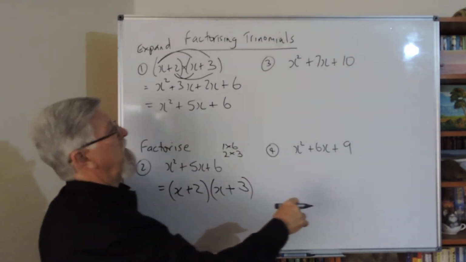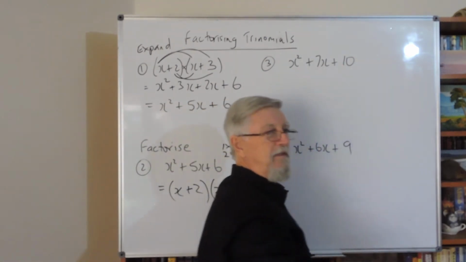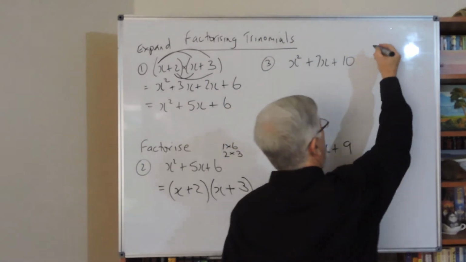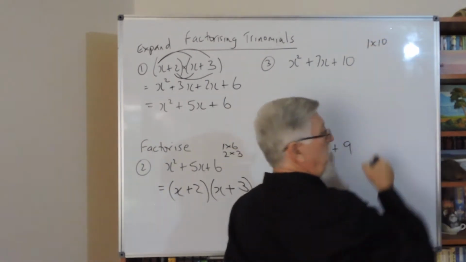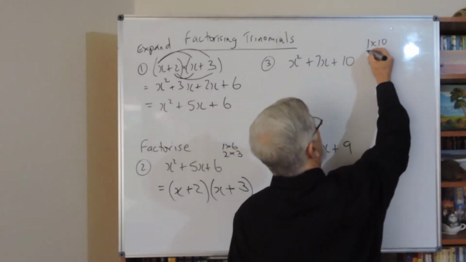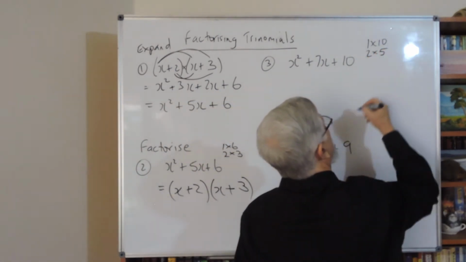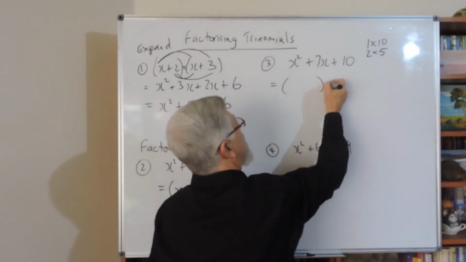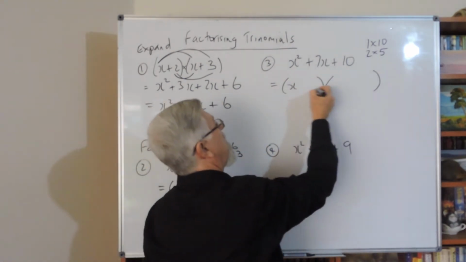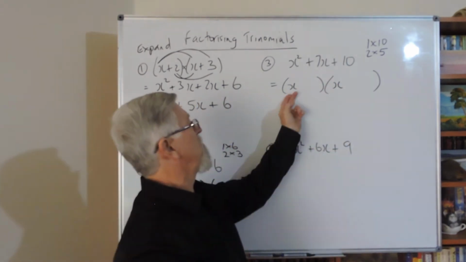So go over to the next one. Two numbers that multiply to 10. A lot of people ignore me, they won't bother to write it down, or they won't start with 1. The reality is pretty quickly, most people don't have to because they can see the numbers in their head. So it's either a 1 and 10 or a 2 and 5. So I'm back to here. How can I get an x squared? If there was an x here and an x there, the x times the x,